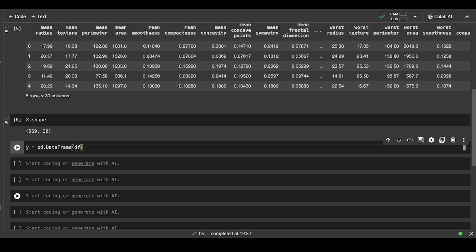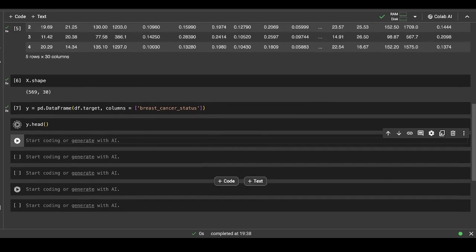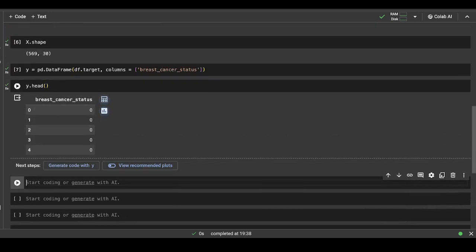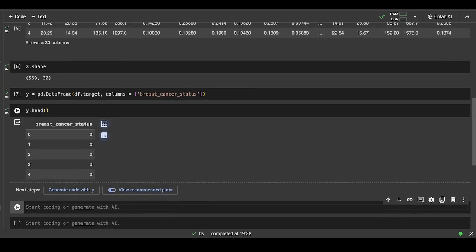So into the target we have our target data, and here we need to manually give the name of the column, which will be, let us say, breast cancer status. What's the status? Whether the patient is having it, so it's 1, or whether the person is not having it, so 0. So let us run this and we'll again display the first 5 rows. So you can see this is our target column now.